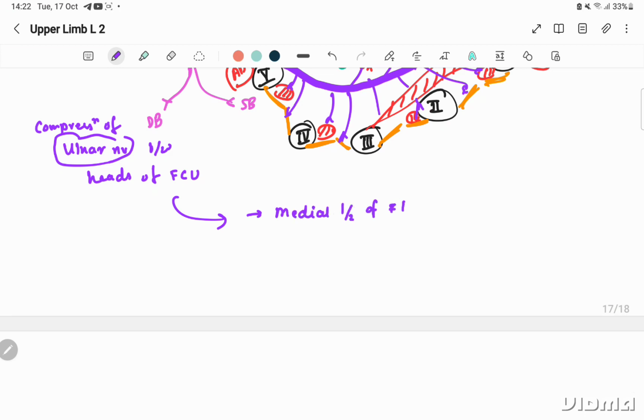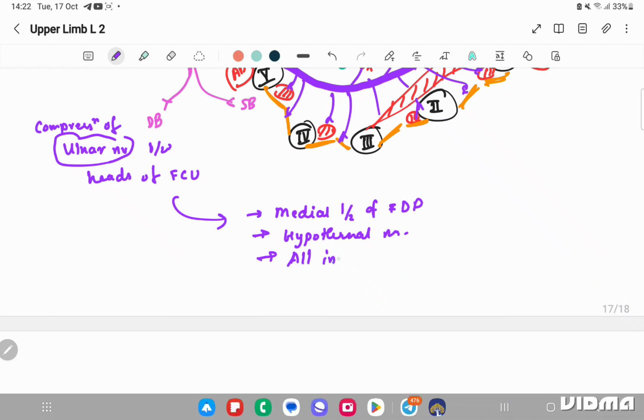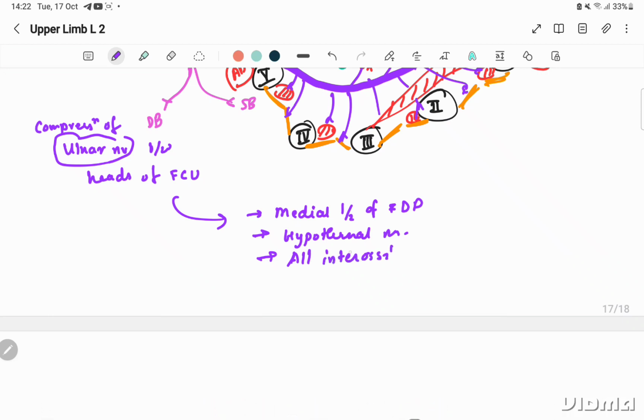Okay, which muscles? The hypothenar muscles. Yes, all interossei, the adductor pollicis, and which lumbricals? L3 and L4 lumbricals. All these would be paralyzed. Okay,